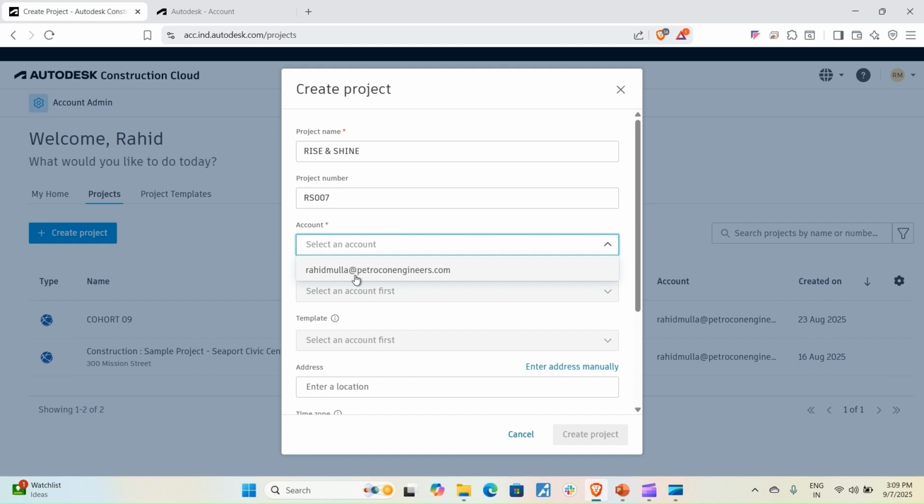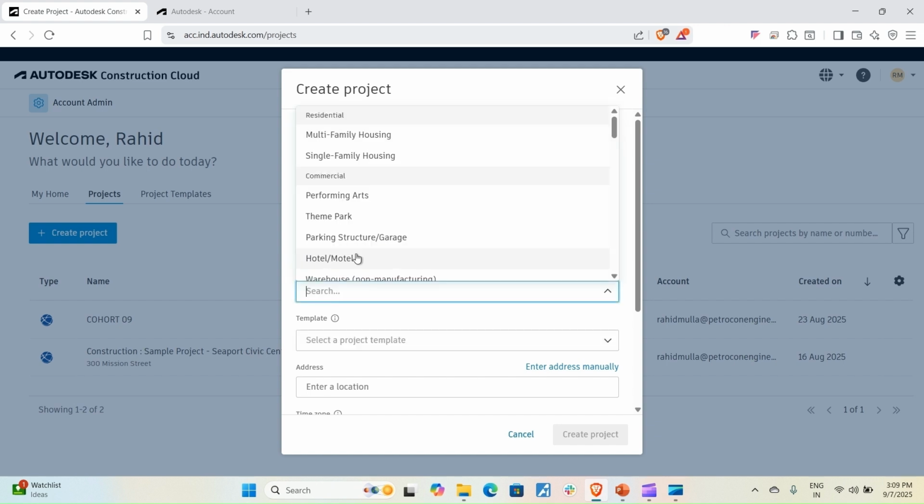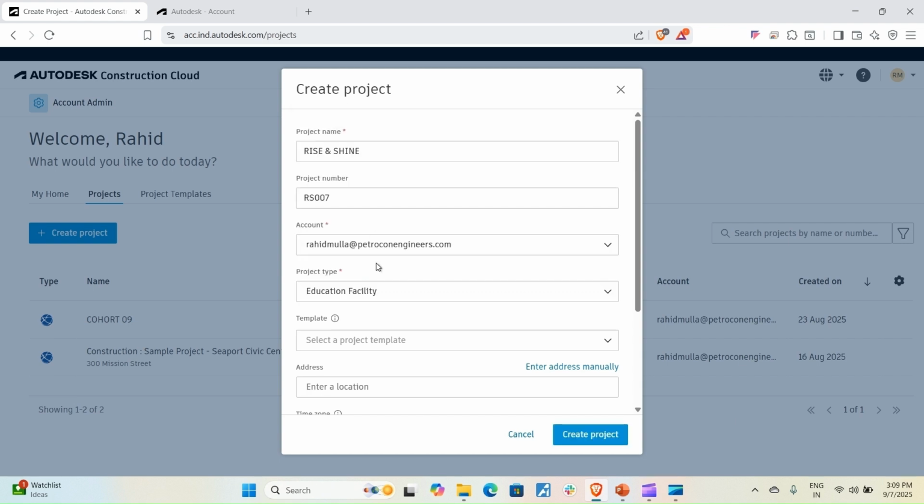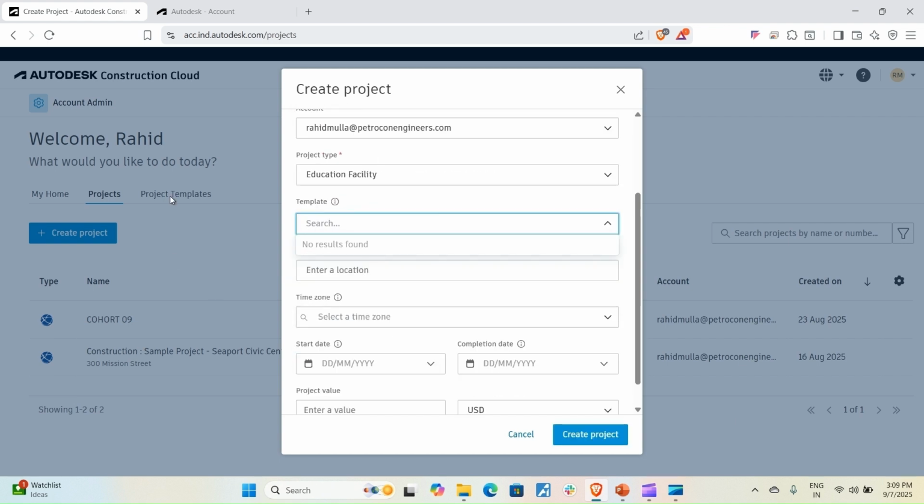Then I will select the account, and I will select my project type. Let us say that this is the education facility that we are creating. As of now, I didn't create a template here, but you can create the template also. Again, I will take you through that.